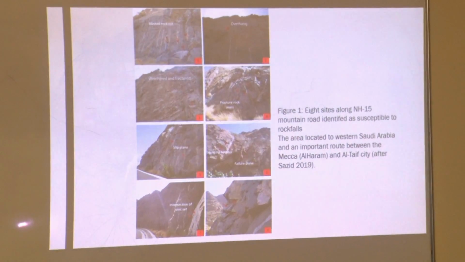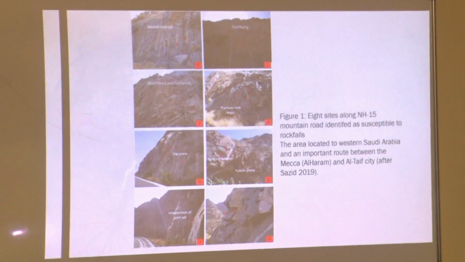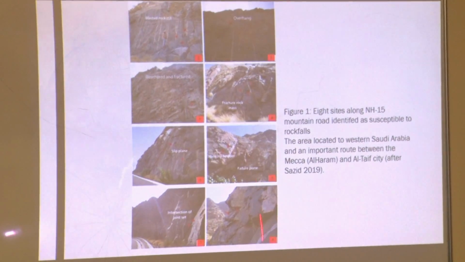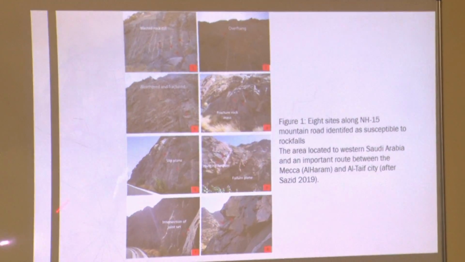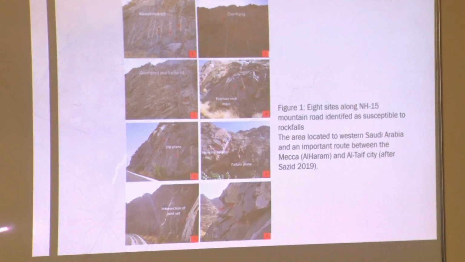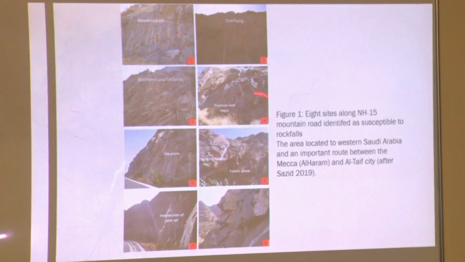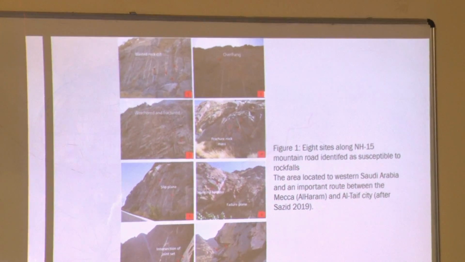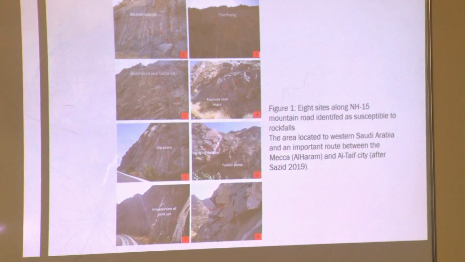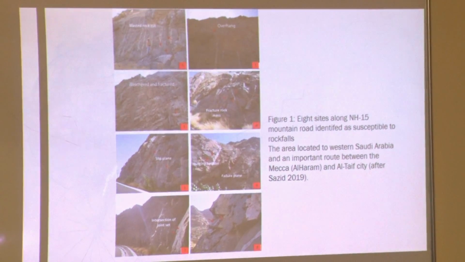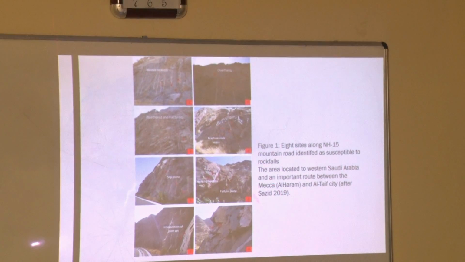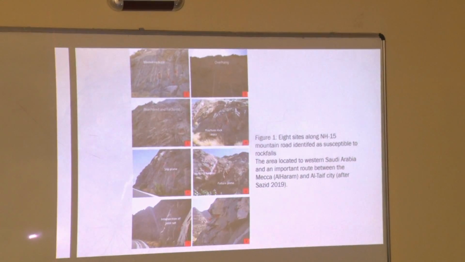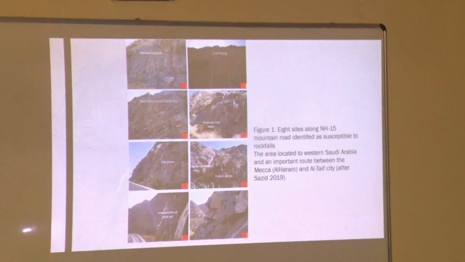This is one case study I am going to show you. This is in Iran, on National Highway 15. There are different behaviors of the rock slope, and they have done a very good job. It is a recent study, published very recently, a few months back, in 2019, in the Journal of